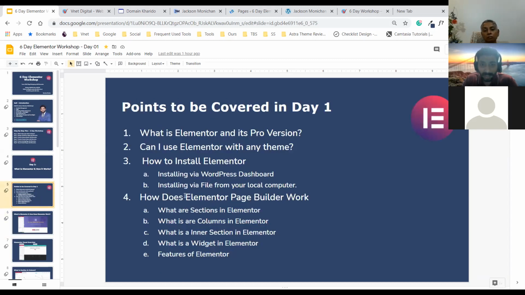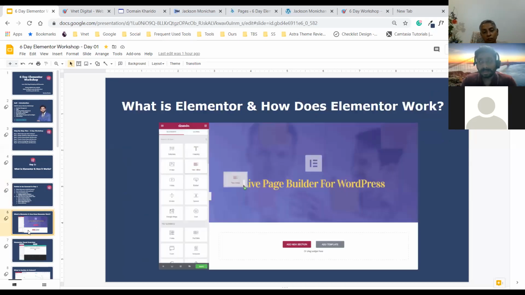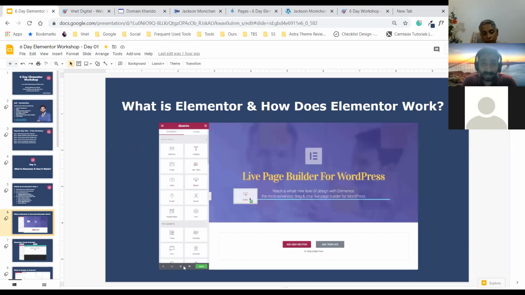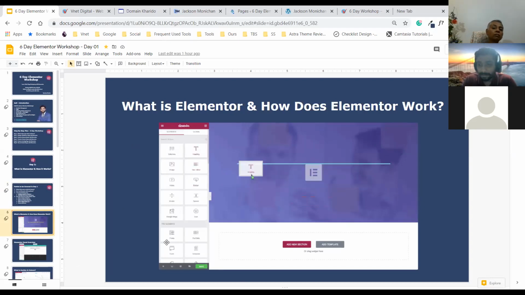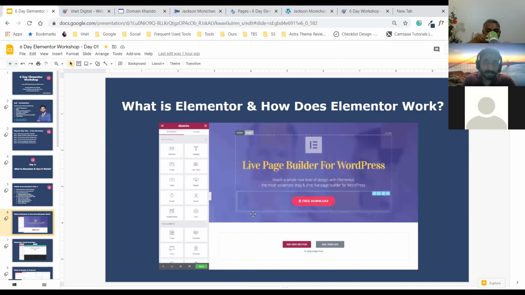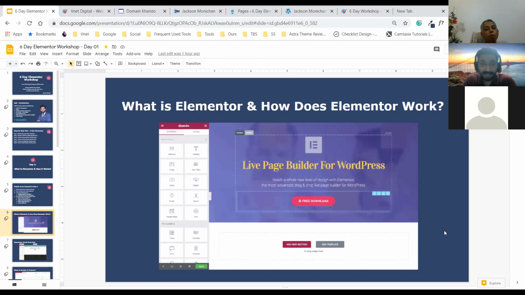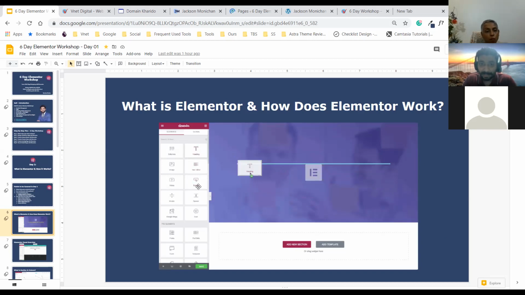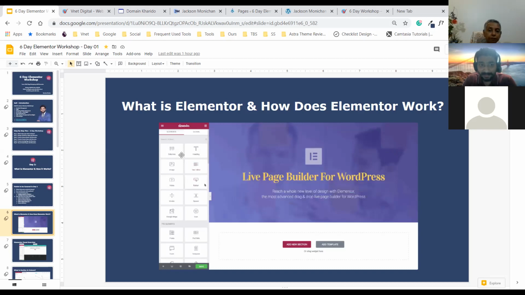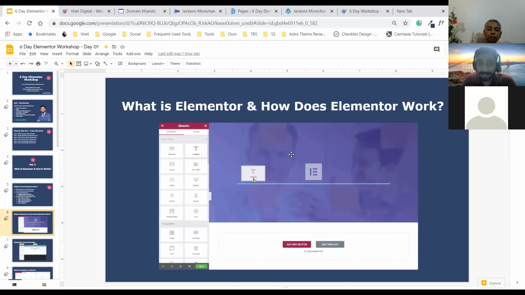Now next is, how does the Elementor page builder work? Because that's the main question that everyone has. With the kind of response I had through my customer research, I knew that many of the users over here are very basic and don't actually know how Elementor works. Elementor basically works in a drag and drop function. If you can just see the GIF file that is happening over here, on the left hand side and the right hand side in this Elementor panel,